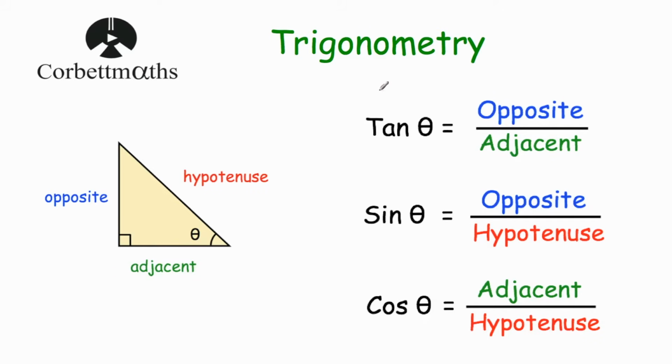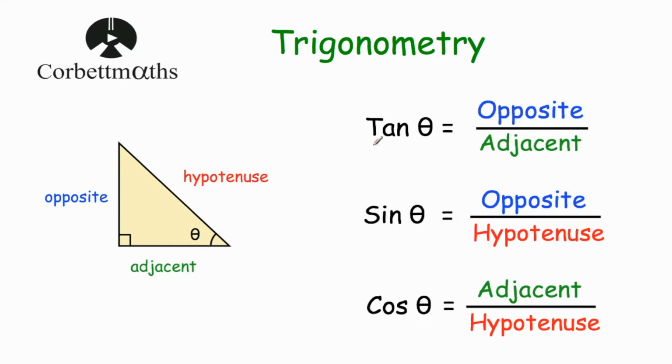In this video we're going to look at trigonometry, and we're going to look at using trigonometry to find the size of missing angles in right angle triangles. Before you watch this video on finding the size of missing angles, I'd highly recommend you watch the Corbettmaths video, an introduction to trigonometry, and in that video I go through how to label the sides of a right angle triangle, so the hypotenuse, opposite the right angle, the opposite, the side opposite the angle that's involved in the question, and